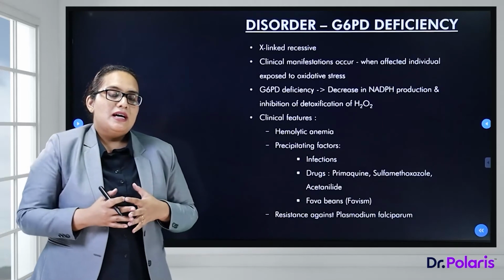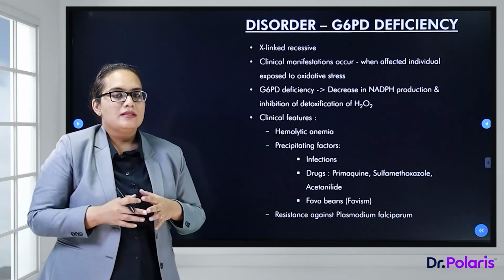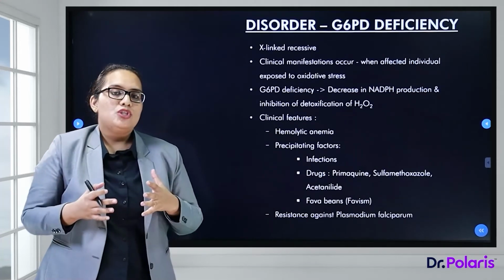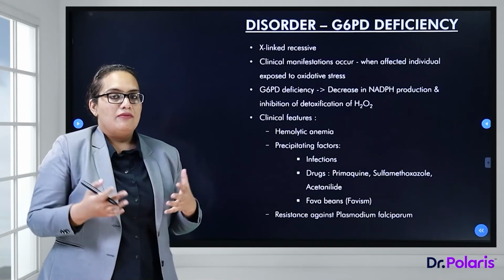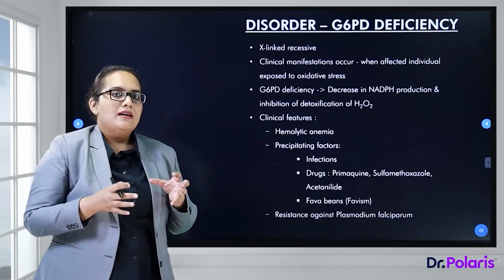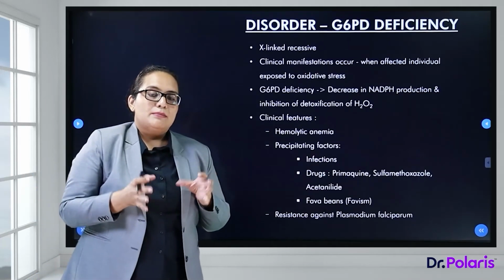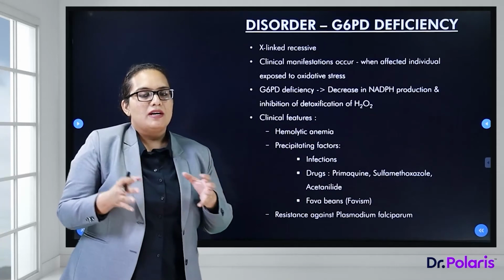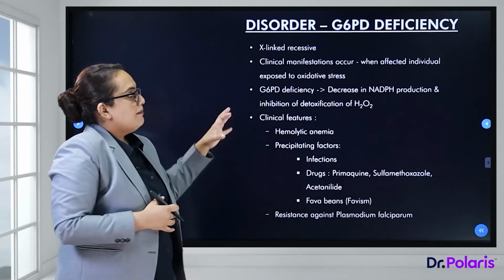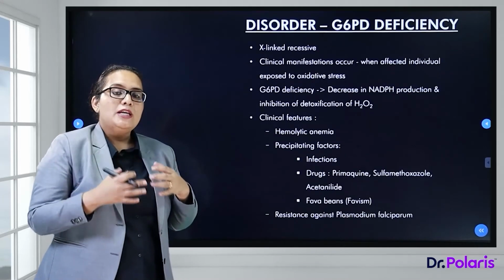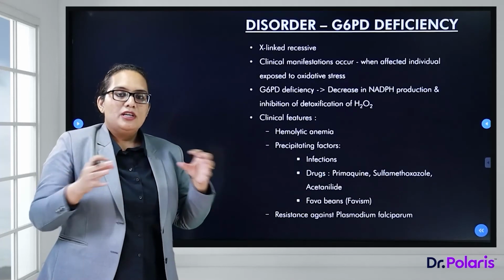Now, coming to the last part, which is the disorders linked with HMP pathway, we have two main disorders. The first one is quite crucial and important. It is known as glucose 6-phosphate dehydrogenase deficiency, commonly seen in Africa and even in the Middle East to some extent. It is an X-linked recessive disease, meaning that males are mostly the ones who are affected, whereas females end up being carriers. And the clinical manifestations include hemolytic jaundice and hemolytic anemia, where the RBCs tend to get